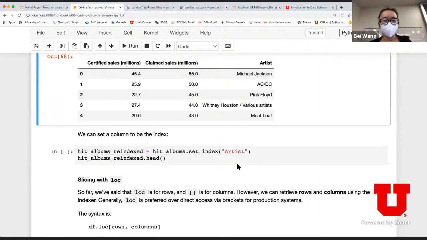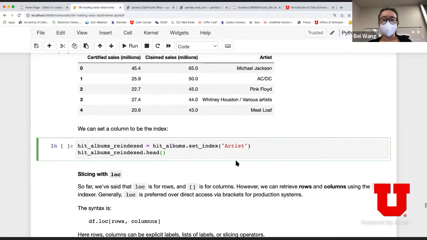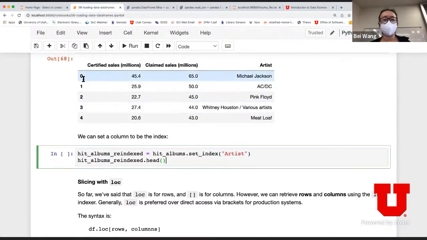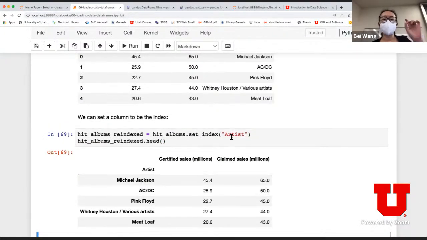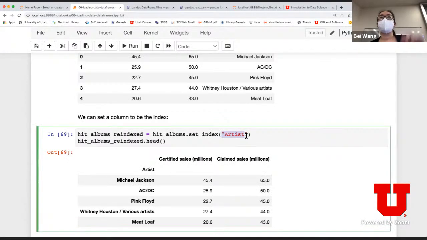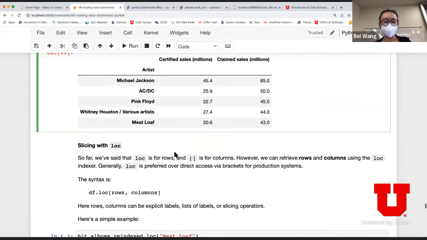So this is now advanced manipulation. Remember the default index is 0, 1, 2, 3, 4. I can also reset my index. So if I reset my index and reprint my table, now I'm forcing my artist column to be the index. One way to think about this is that by default, every student has a student ID, and the student ID is your index. But assuming everybody lives at a different address, I can force the address to be your index, okay? And again, you can do the top 5.